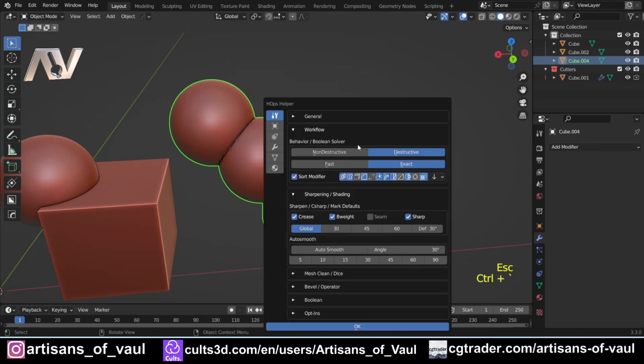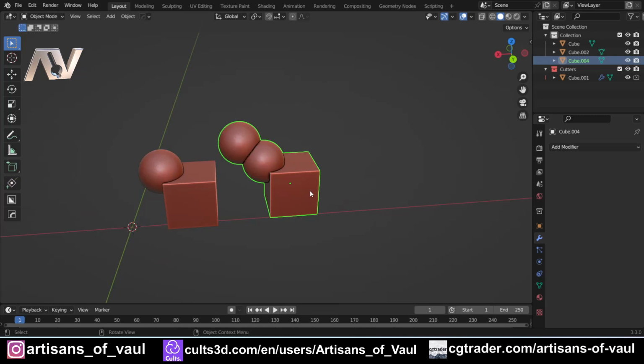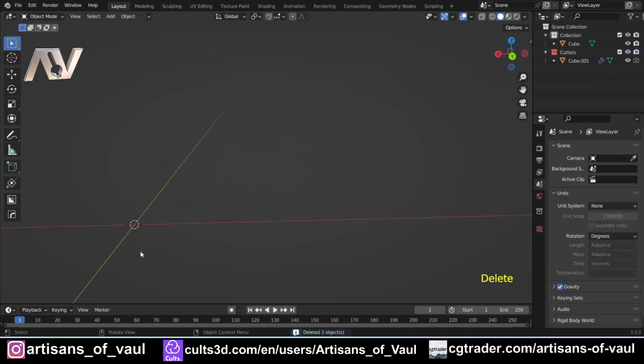So that's Control and tilde, but you have to have Hard Ops, which is a paid-for add-on. If you are getting it, do get it with Box Cutter because they work fantastically combined together and then you get a discount. So that's some basic ideas, and now I want to go into the more complicated part,